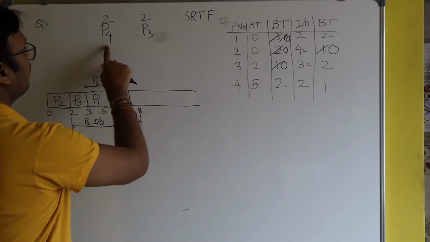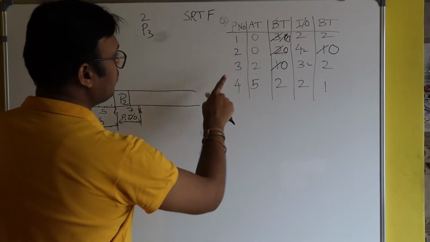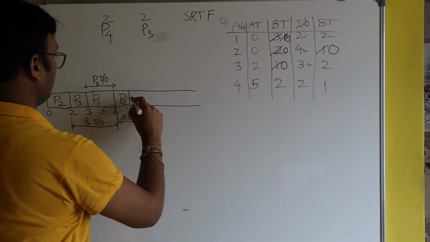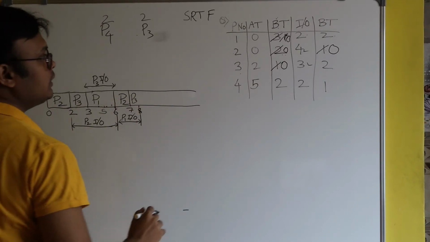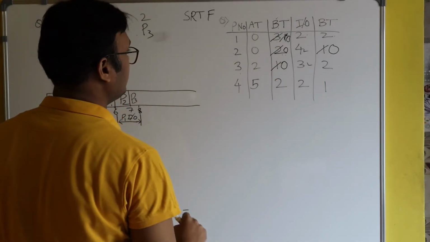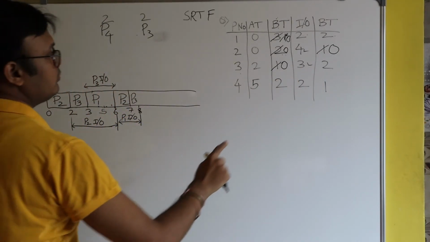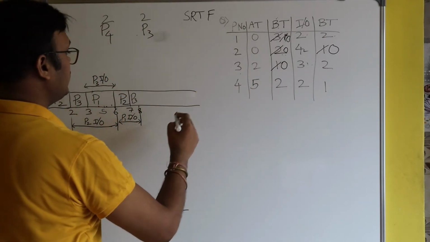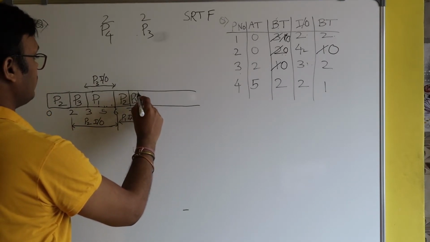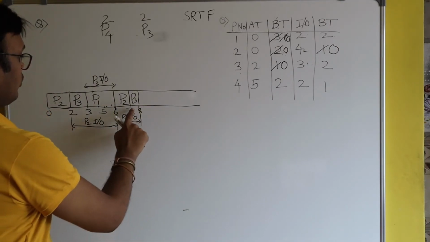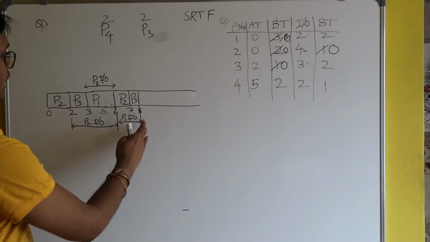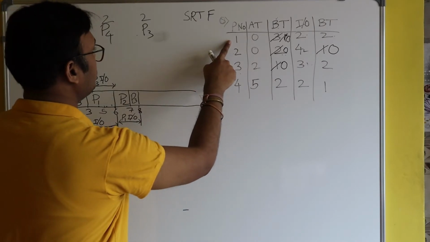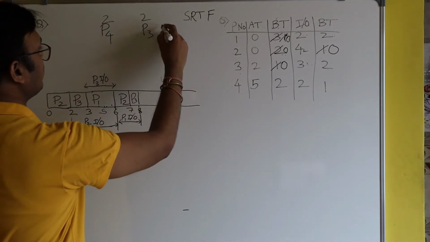Now we have process P4 and process P3. So CPU will be given to process P3. Okay. So here I will write process P3. And you can see 2 seconds are left for process P3. So here you see process P3 ran for 1 second from 7 to 8. Okay. At this time the IO of process P1 has finished. So process P1 is also available here.